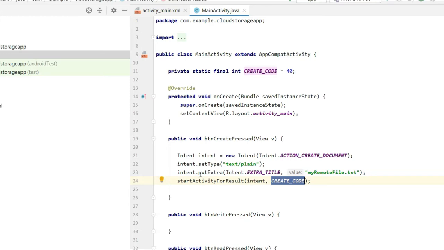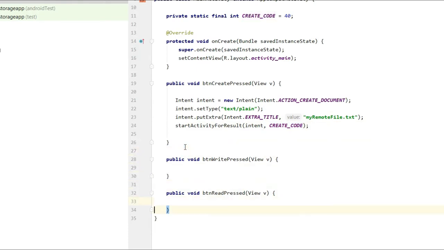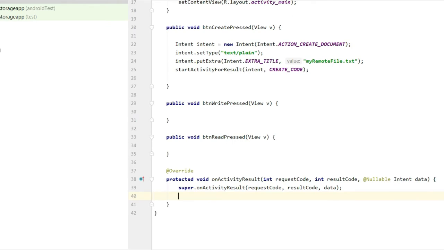So when this function is called, we will receive a callback here. Let's override that callback. Here we will receive our result for creating the file.